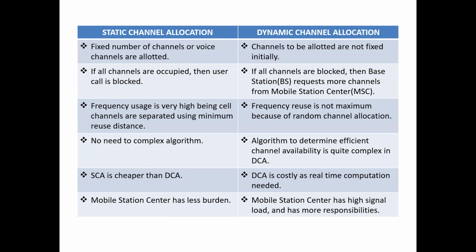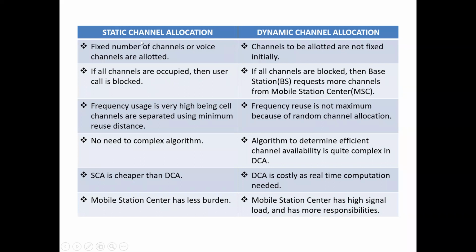So your base station transmits and receives user data in the cellular network to customer phones and cellular devices. Your base station is connected to an antenna. And next, the mobile station center. It is a telephone exchange that is used to make the connection between mobile users within the network. Here, the mobile switching center or mobile station center is a telephone exchange that is used to make the connection between mobile users within the network.